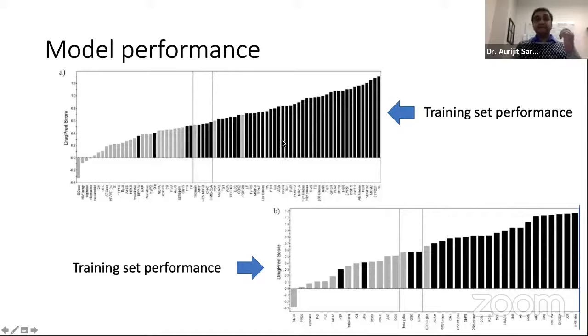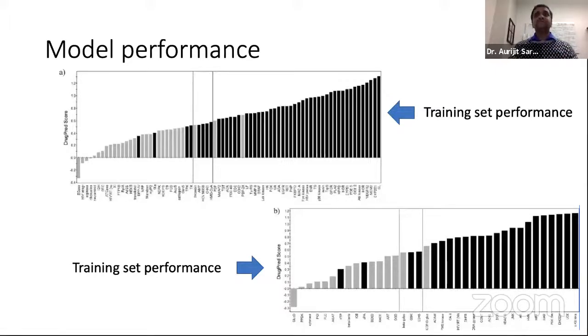That means that the model is working internally. It's a mathematical model that is making correct predictions. But this is just the training set. We went ahead and did a test set performance as well, right here. The model that was built on the training set had never seen the test set, and was used on the test set to make predictions. And again, you see a very clear separation of the druggable pockets in dark from the non-druggable pockets in light.